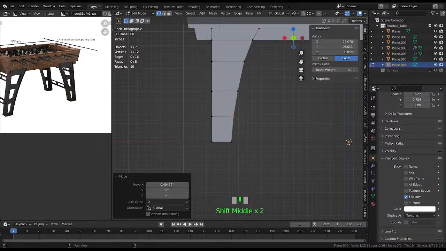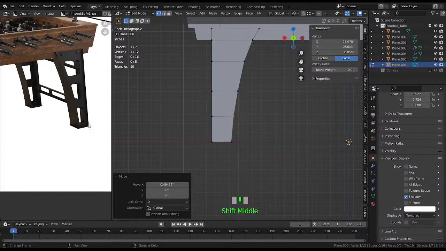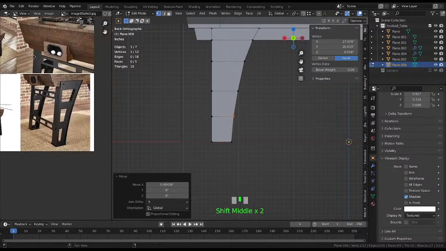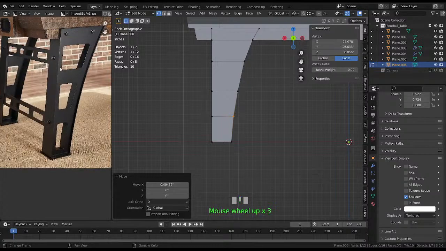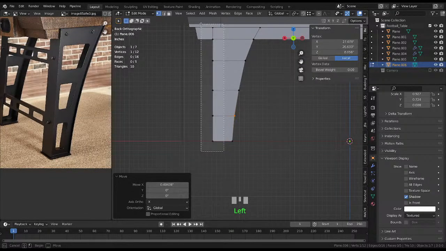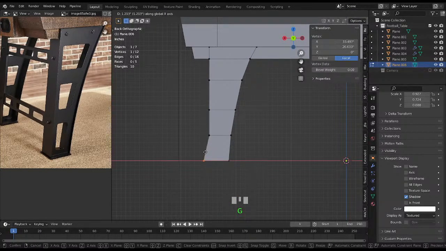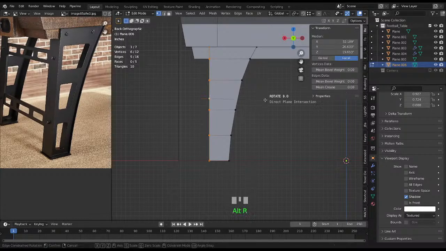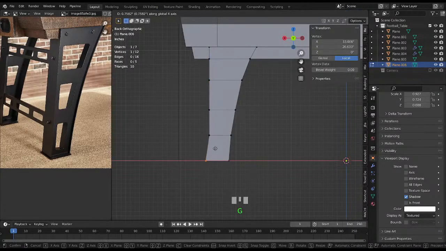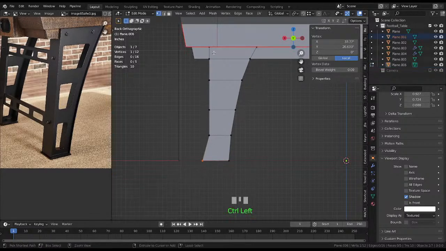Not sure, but it seems like, yeah, it's not straight down. There's a slight angle here. Let's see the other reference images. Yeah, probably we do have an angle. Okay, so we could just move these edges. We do have an add-on that is awesome. Lets you rotate these vertices, but it's a paid version of the machine tool. So another way is to just move one vertex, like so, and